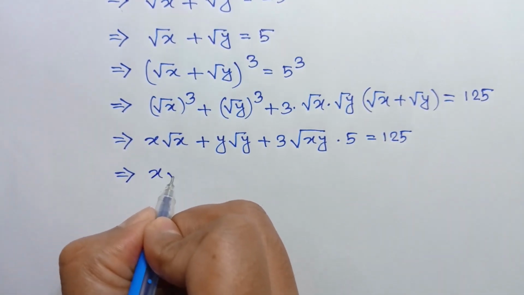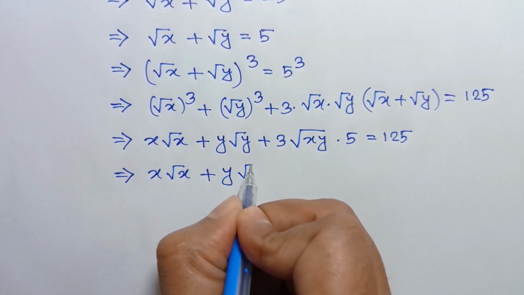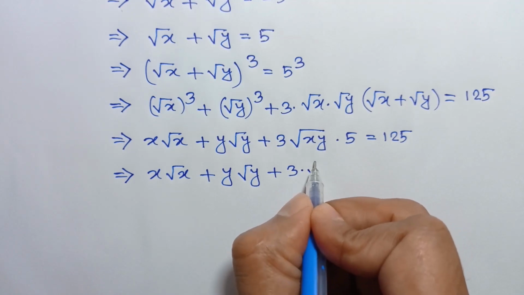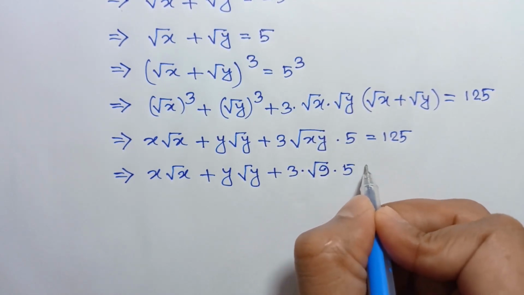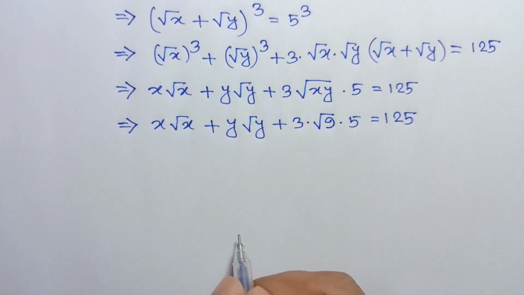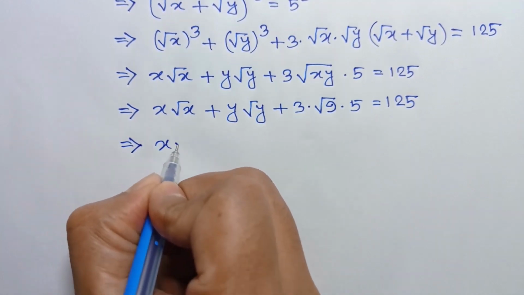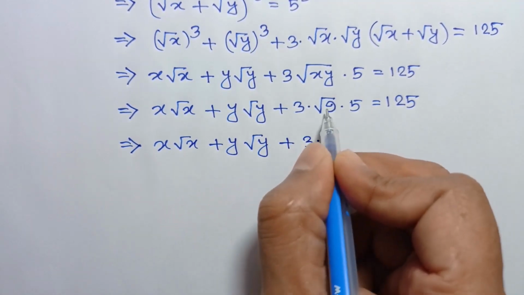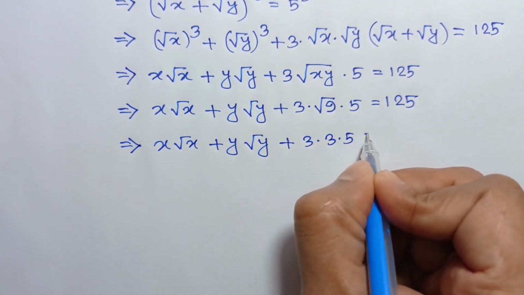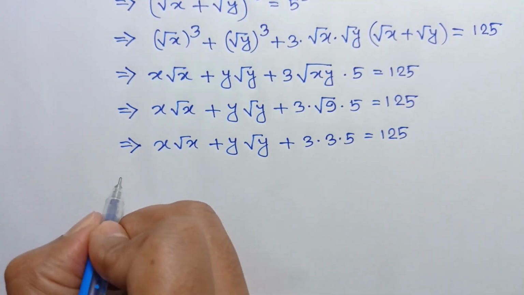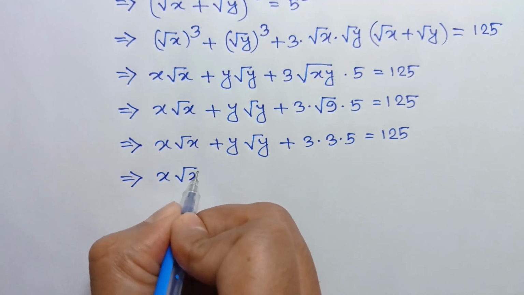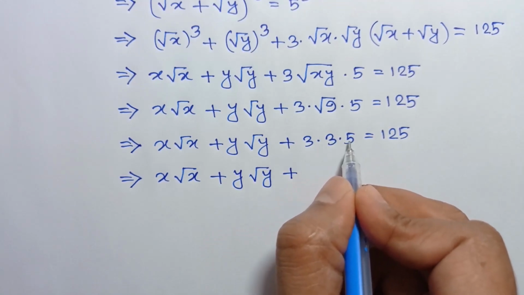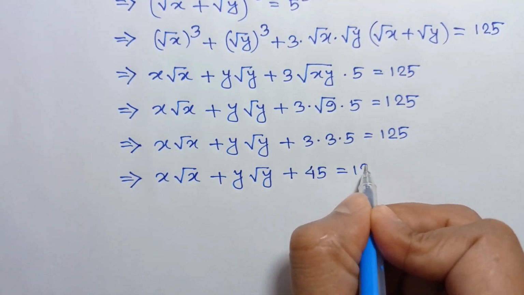or x square root of x plus y square root of y plus 3 times the value of square root of xy, which is 9, so substituting the value as square root of 9 times 5, is equal to 125, or x square root of x plus y square root of y plus 3 times square root of 9, which is 3, times 5 is equal to 125, or x square root of x plus y square root of y plus 3 times 3 is 9, 9 times 5 is 45, is equal to 125,